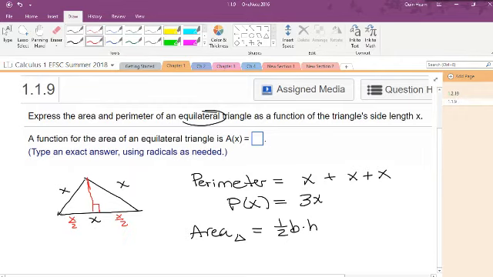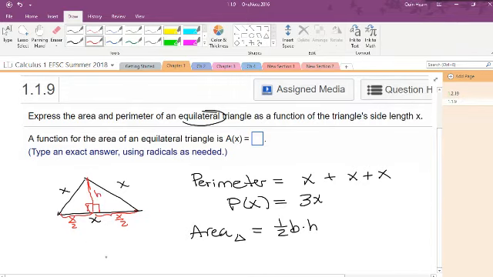So this part right here is x over 2, and this part right here is x over 2. All right, so that means that each half is now a right triangle, and that means that we can figure out the height h here